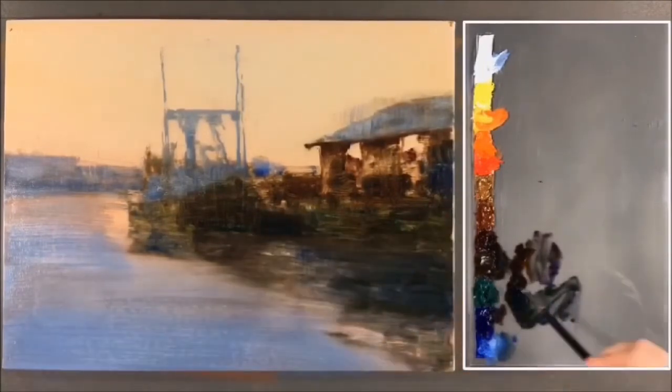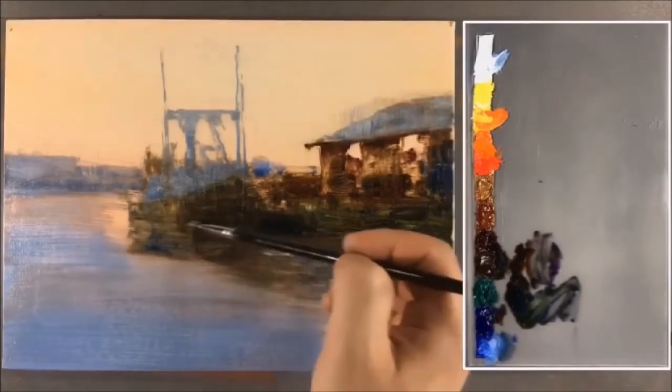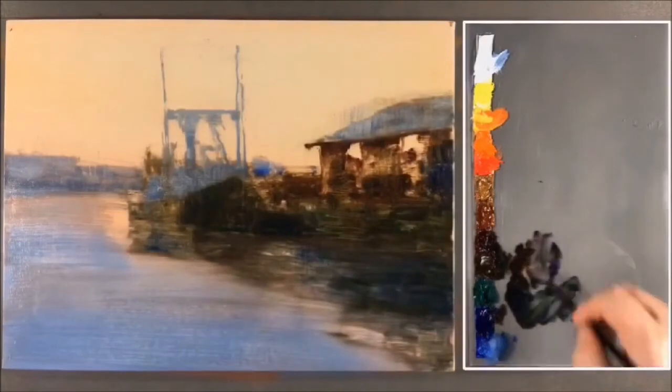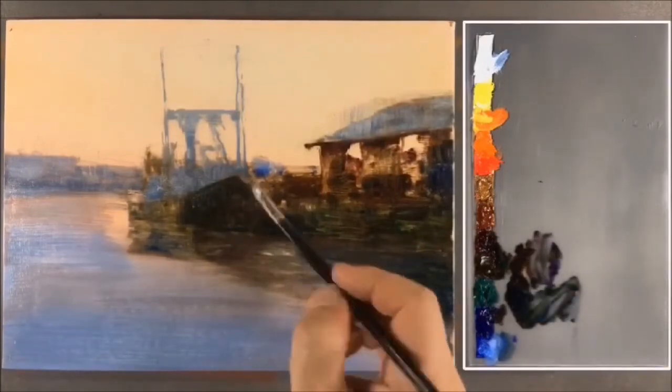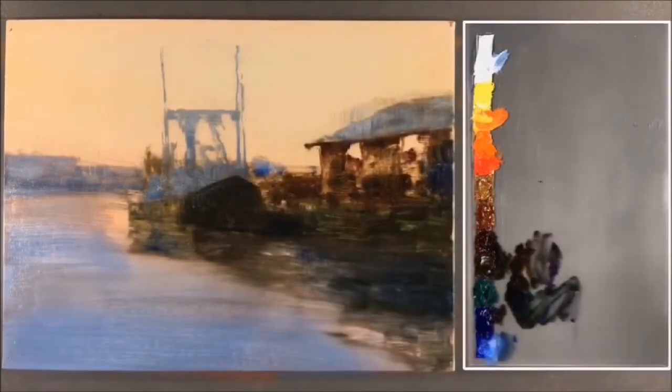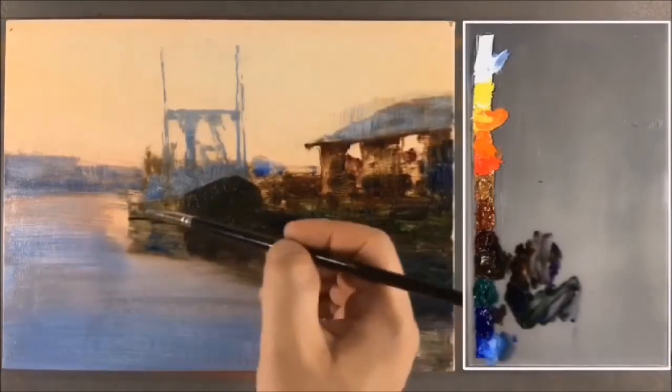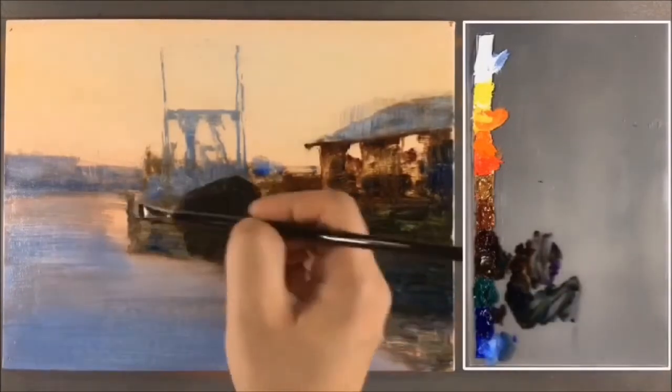So let's add a little bit more depth in between this boat and dock. So I'm also making darker, of course, the nose front of the boat, and giving better readable shape of the boat front and side. So here's the water line. I think it's too high. Let me put it a little bit down,